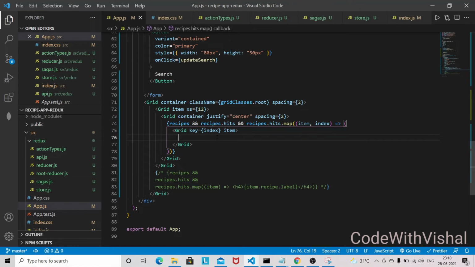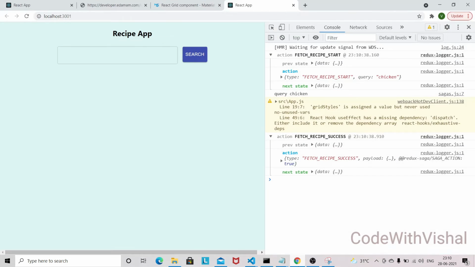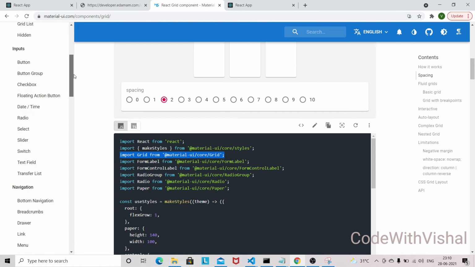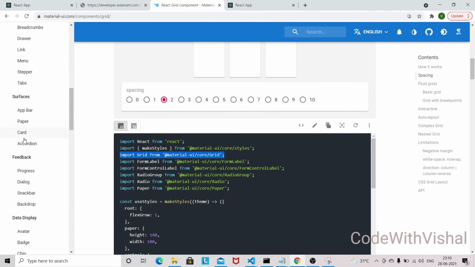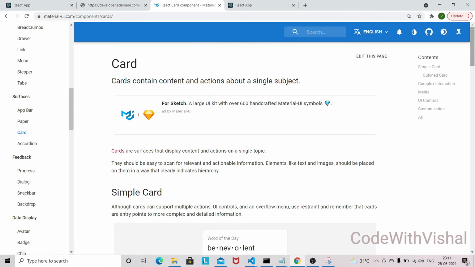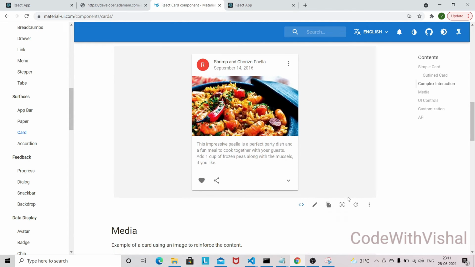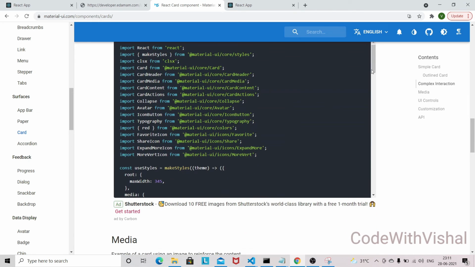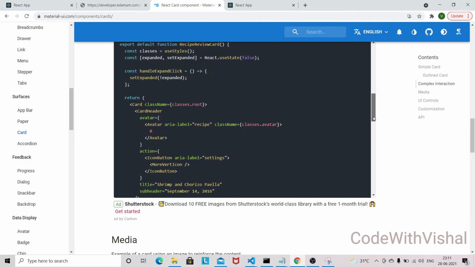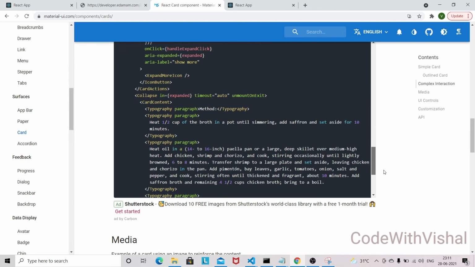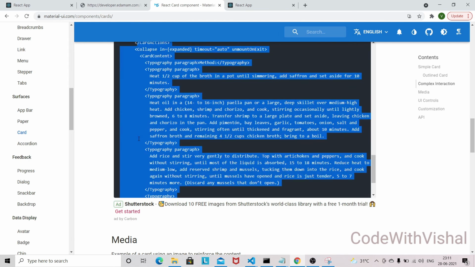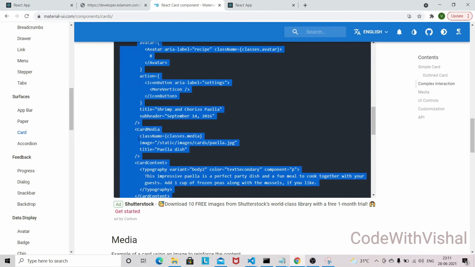And so now let's move on towards the Material UI. So in Material UI we are going to use the card. So this is the card, and we are going to use this card. So what we have to do here, we have to copy all this, and I will modify it later. So for now I'll be just copying everything whatever we have here,